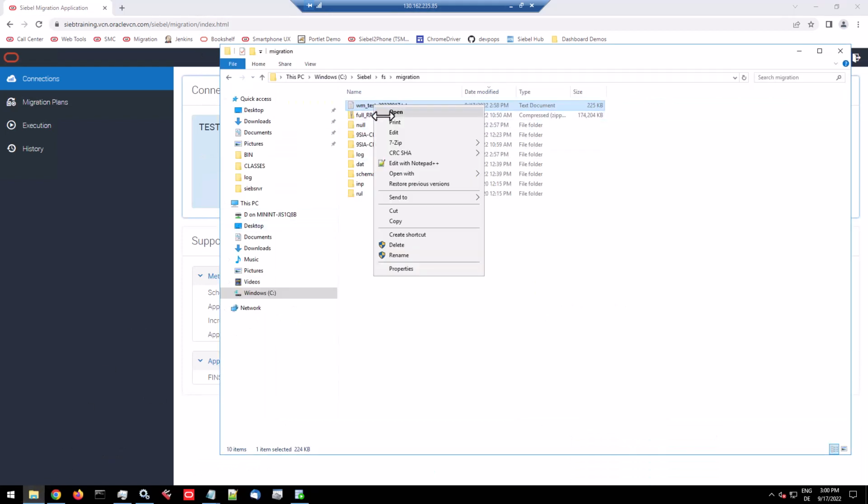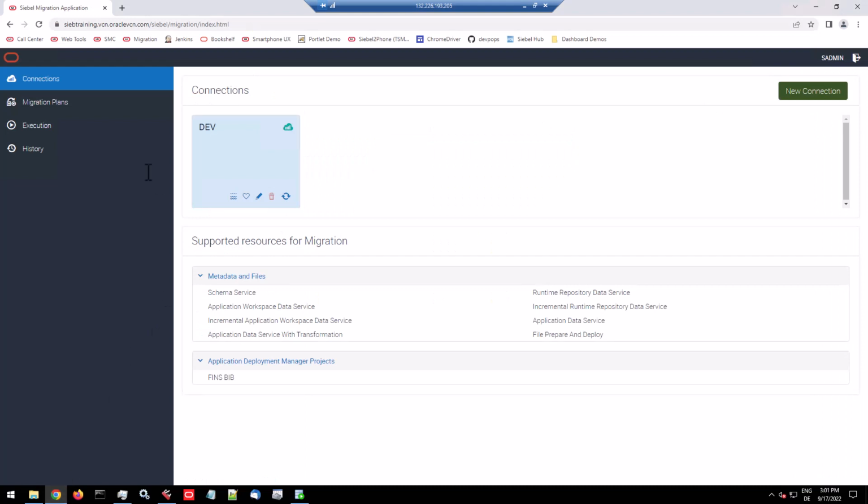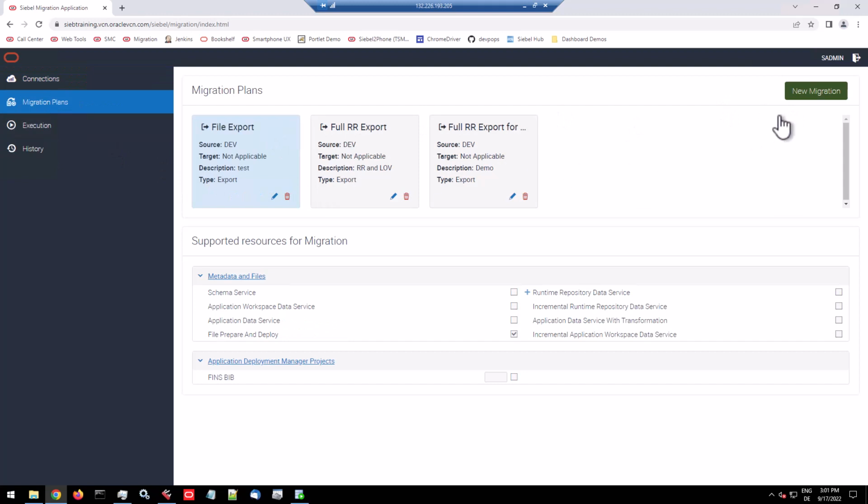So now we have to copy that file to the file system of the source environment, which I'm doing right now. So here I'm on the development environment. This watermark file must be available to the development environment. Grab the name, and now if you don't have it, create a new migration plan,